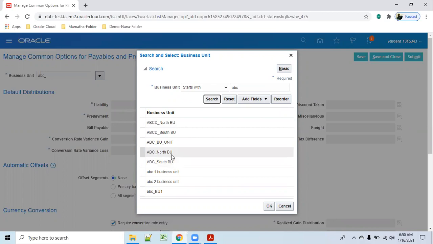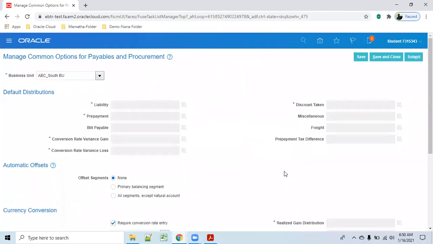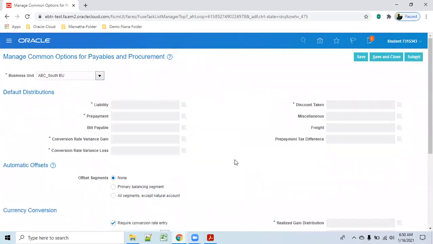Let us take the north or south BU. No, no, this has to be present, but I'm not sure. Maybe there is some problem in the instance. I'll show this one in my instance, okay? So later we'll show.